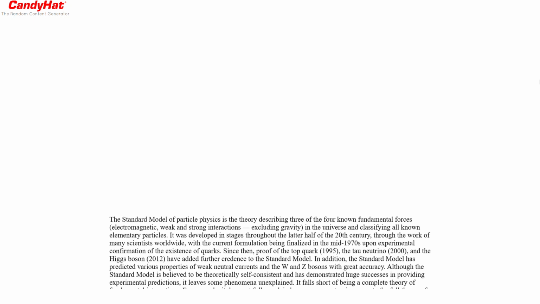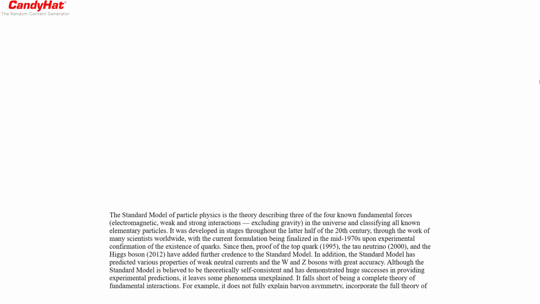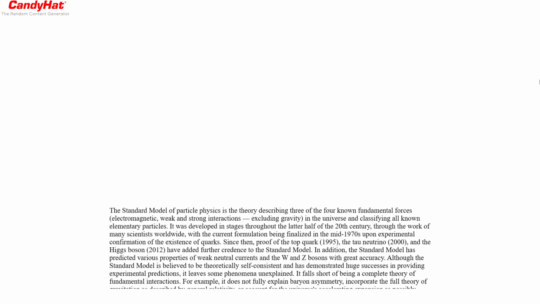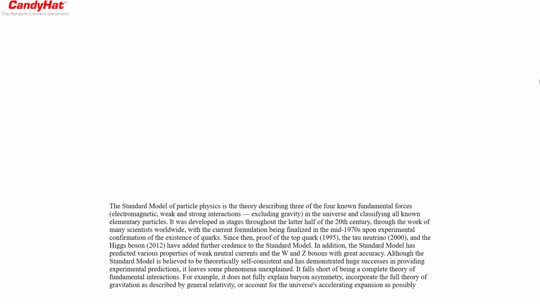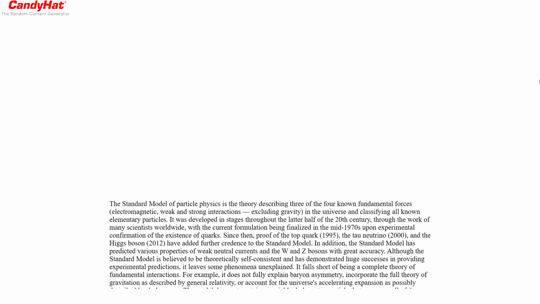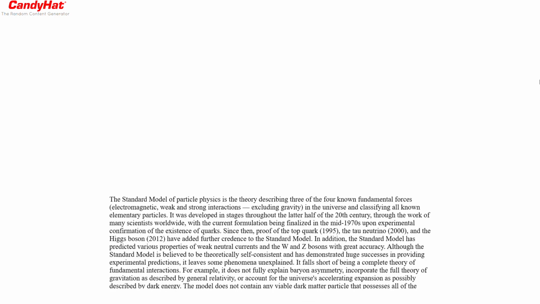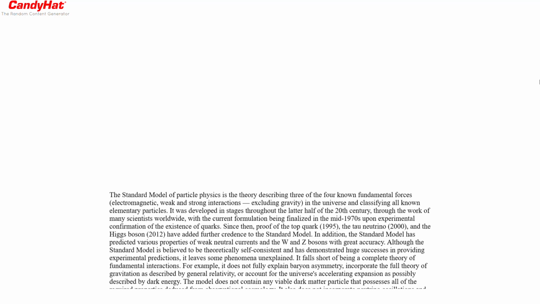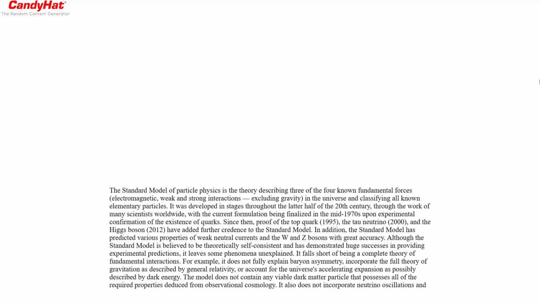Since then, proof of the top quark, 1995, the tau neutrino, 2000, and the Higgs boson, 2012, have added further credence to the Standard Model. In addition, the Standard Model has predicted various properties of weak neutral currents and the W and Z bosons with great accuracy. Although the Standard Model is believed to be theoretically self-consistent and has demonstrated huge successes in providing experimental